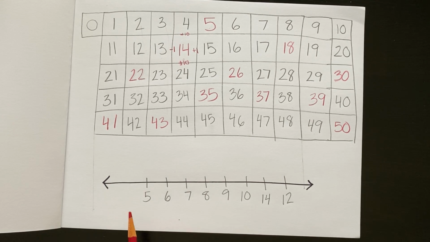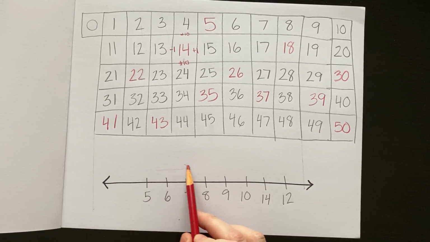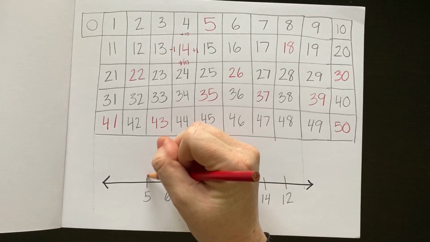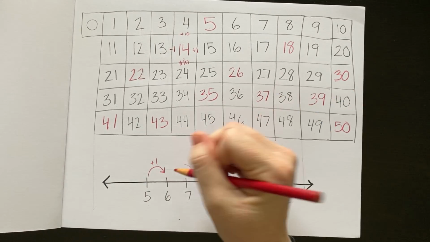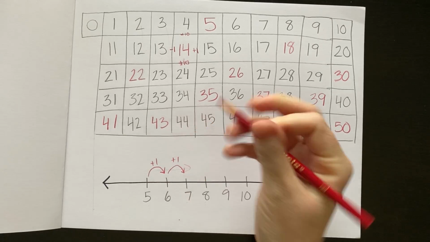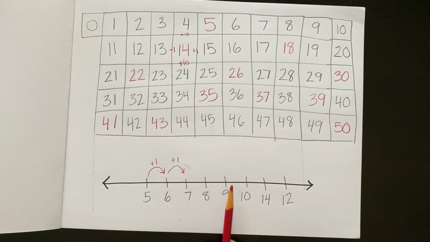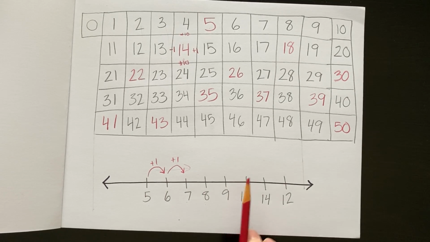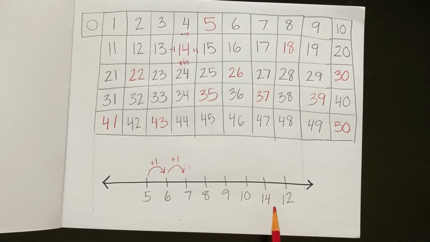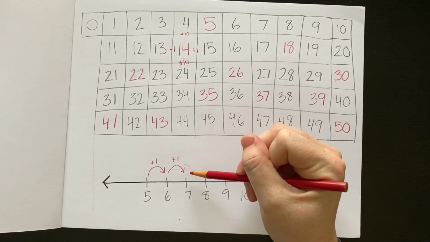The other thing is, in this number line I do see some things that are correct, right? 5, 6 would come next, and then 7, and then 8. So it's growing by 1 every time we go to the right. Whenever you move over, you add 1. So we're adding 1. 5 becomes 6, 6 becomes 7, 7 becomes 8, 8 becomes 9, 9 becomes 10, 10 becomes, what do you guys think of that? 10 becomes 14? If we're adding 1 every time,